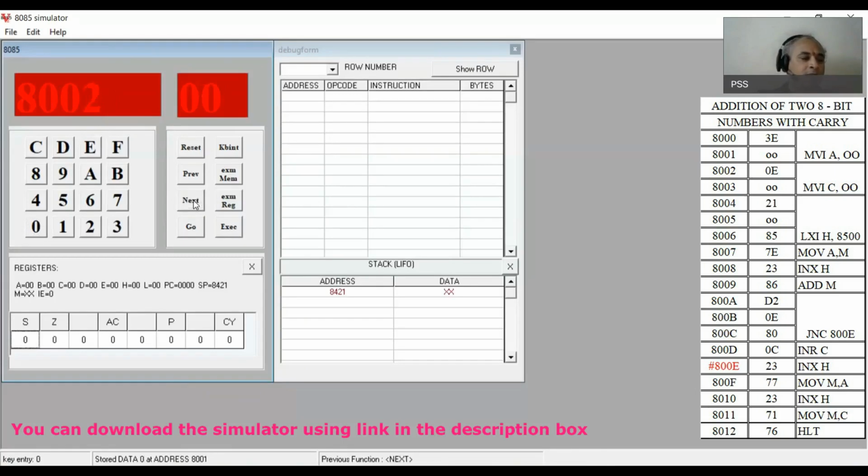After this, that means at 8002 we have 0E, next. At 8003 we have 00. At 8004 we have 21. At 8005 we have again 00. At 8006 we have 85. At 8007 we have 7E. At 8008 we have 23. At 8009 we have